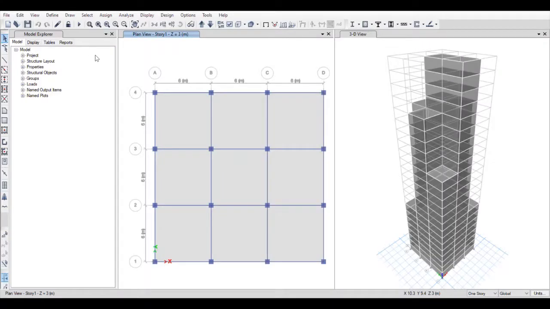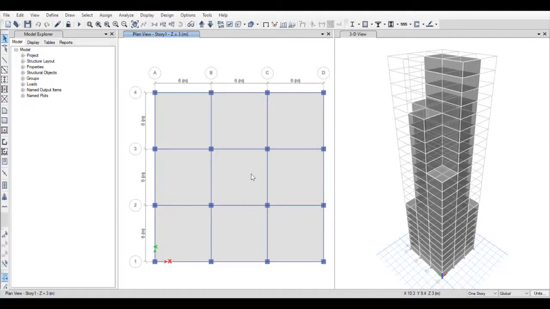Now guys, as you can see on your screens, I have drawn the plan of the building. I have made the different stories as per the different floor areas which were given to us in the problem statement. Now guys, there are three basic things which we do before designing a building, which is define, assign, and analyze.